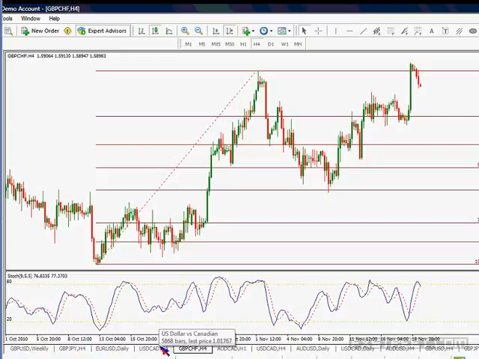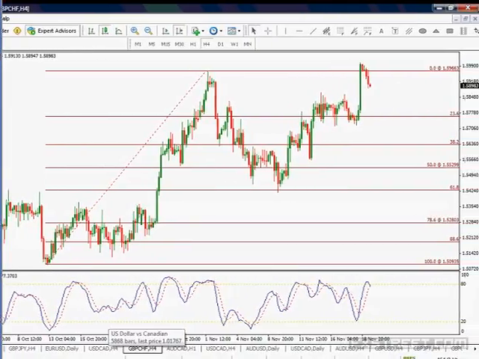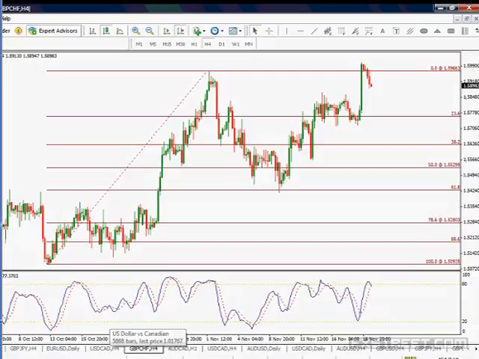But let's start off with something we call the Fibonacci fans. This is something most traders are not familiar with, and this is what I want to go over. Right now, before Fibonacci fans,